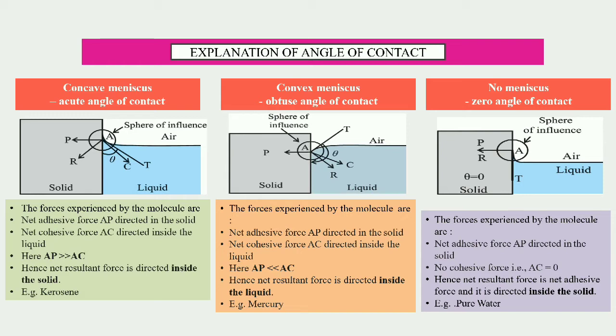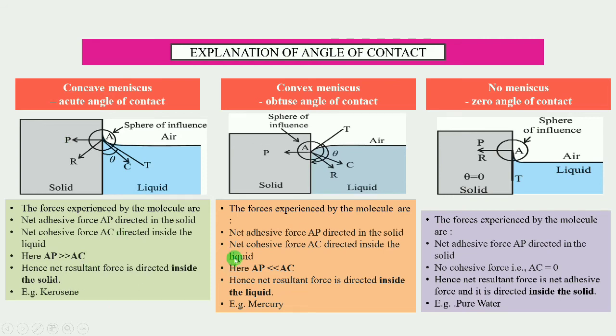For example, suppose pure water is taken in a glass beaker, and if you take the water out of the beaker, the beaker surface becomes wet. So pure water is considered as the type of liquid which fully wets the solid. The second type is the liquid which partially wets the solid, for example kerosene and glass surface. So kerosene is the type of liquid which partially wets the solid.